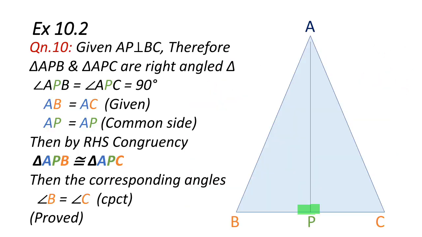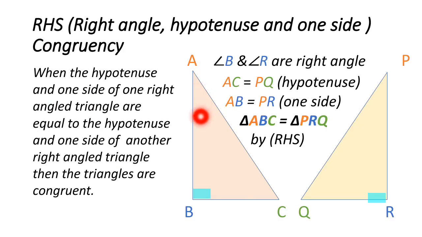So we have to take the order of the points. We have found that the two triangles are right angled, their hypotenuses are equal, and one of the sides is also equal. So those two triangles are congruent to one another. Like here we have written starting with A, and here we are starting with P. So A, then BC; here P, then RQ. So triangle ABC is congruent to PRQ by the RHS congruency.